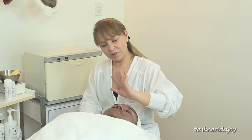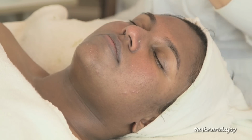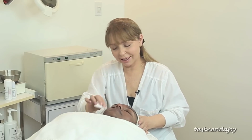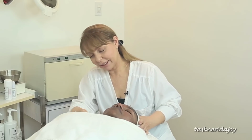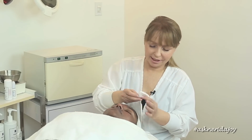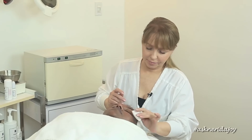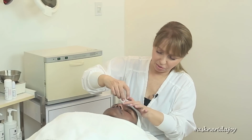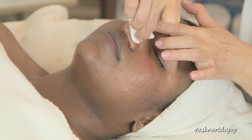I'm just going to go over her skin with a lotion, because I want to make sure I've got all the exfoliating mask off. The exfoliating mask does have the glycolic in it. It has the lemon peel powder, a little bit of chamomile. It has the papaya enzyme papain, and so it is absorbing of dead cells. But it's active with the glycolic, so we want to make sure we are not leaving any residue on her